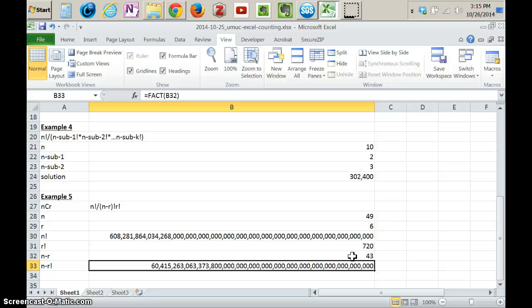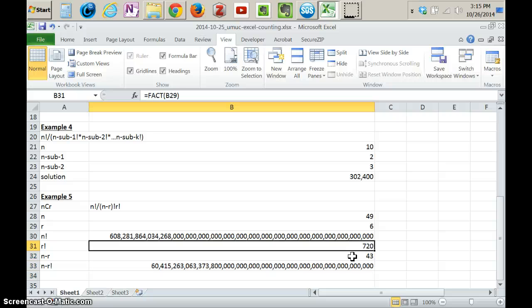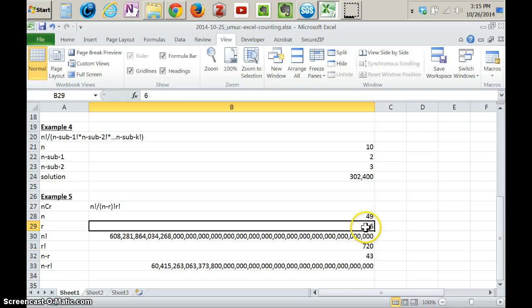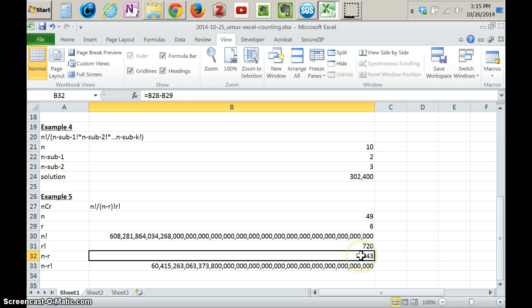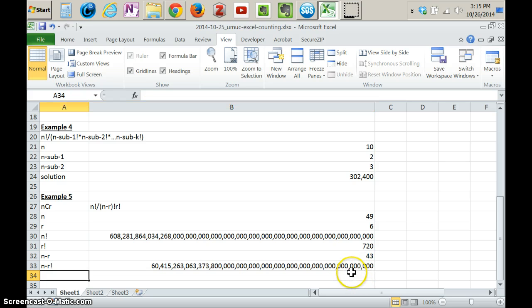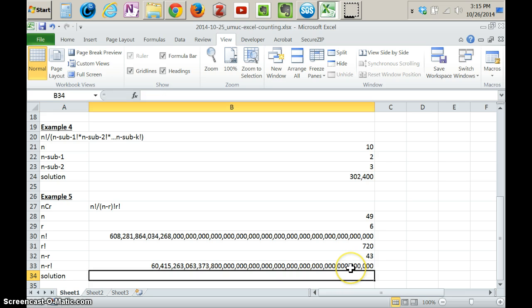And then the other thing is that when you lay this out sequentially step by step so that you're entering in the givens, and then anything that's calculated after that, whether it's factorial, a big number like this one, or a small number like that one, or just a simple subtraction even, then when you go to put the whole thing together in the end, it's a little bit easier. So what I've done is set up all the pieces that we need for the final solution. So now all I need to do is